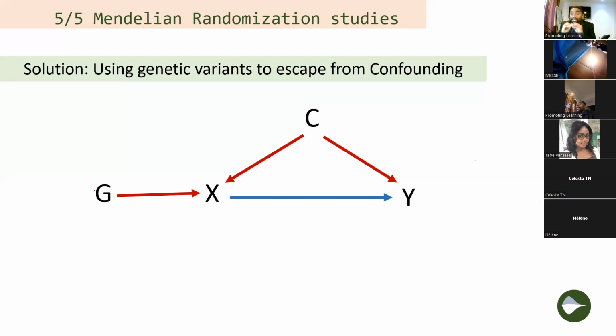And this is the nice bit about Mendelian randomization: the randomization that we could only do with a randomized control trial already occurs in each individual. We can use this information, these genetic variants in people, to overcome the problem of confounding in observational studies and have the quality of evidence of randomized control trials without doing randomized control trials. Well, it's not always possible, because for some traits, if you're studying something really rare, if your X is a rare thing,